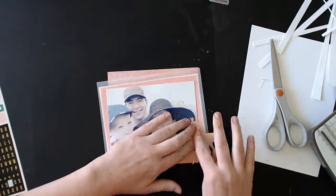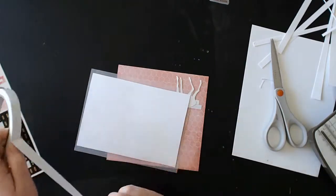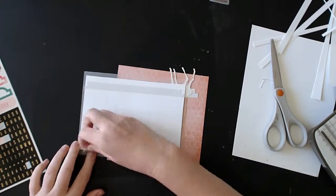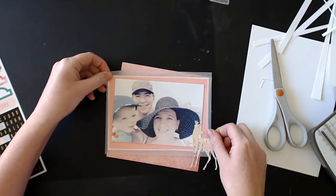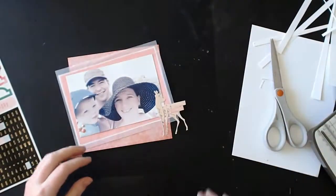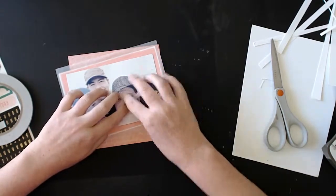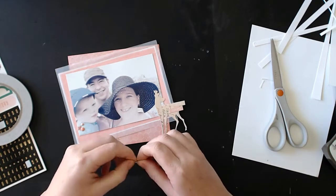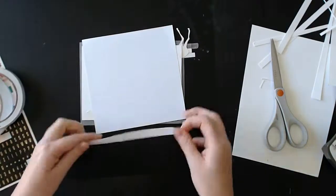Finally. If you've watched any of my other layout videos, you will know that I have a terrible time committing to where a piece of paper should go, and I really should just stop doing that. I really should just get it on the page and get it done rather than fiddling around with it. But the perfectionist part of me says, oh no, what if it looks better in another way? What if it looks better if you add something or take something away? So I spend ages deliberating on the perfect placement for pretty much everything that goes on my layout. It's all thought about in a way, I suppose. I think that's pretty much all I do to that